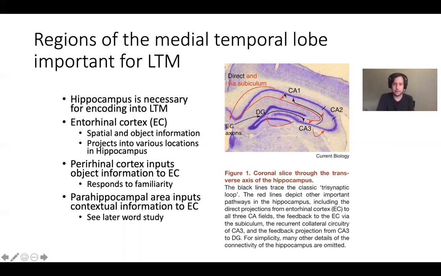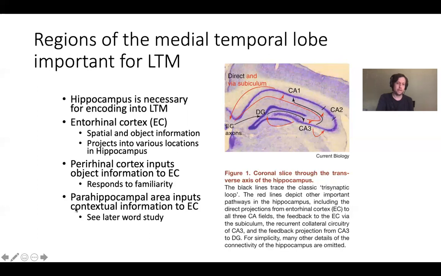So this whole thing up here is the hippocampal formation: dentate gyrus, CA1, CA2, CA3. Oh yeah, the subiculum is up here. So these are different parts of the hippocampus right here. The entorhinal cortex is sending the inputs into the hippocampus. The entorhinal cortex itself is receiving inputs from those 2 different regions. The parietal cortex inputs item information, object information, information about what, into the entorhinal cortex. And this is a part of the brain which is important when objects are familiar. It is activated strongly when you're recognizing a familiar object.